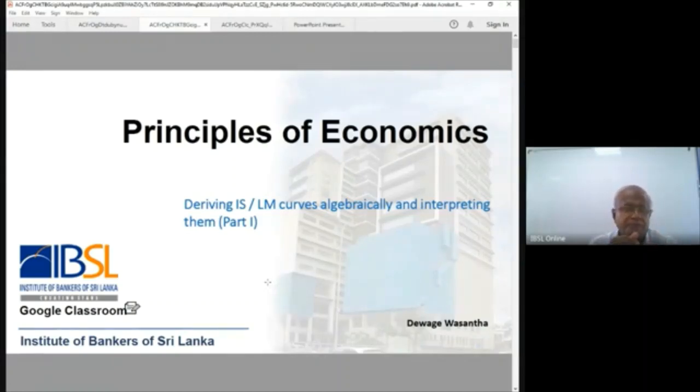Every paper you find, in question number 1, there are multiple choice questions. There are about 5 multiple choice questions and 5 fill-in-the-blank questions in question number 1. That is compulsory. Then among the remaining 7 questions, you have one big question from this section, the IS-LM model.